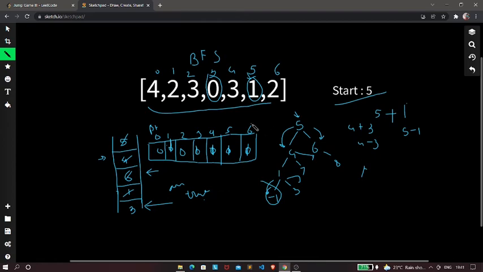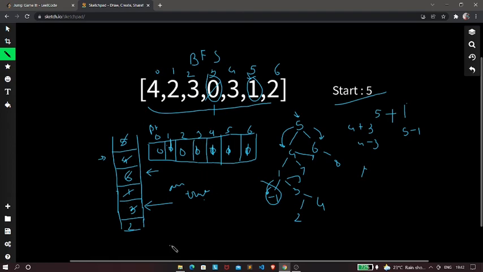But let's say that this is not 0, that it is of some other value, let's say 1. Then what happens? From 3 we can move to either index 4 or index 2. So we just need to pop this from the queue and push this 2, because we can't push 4 as it is already visited.